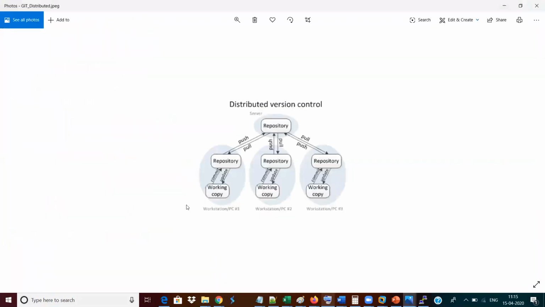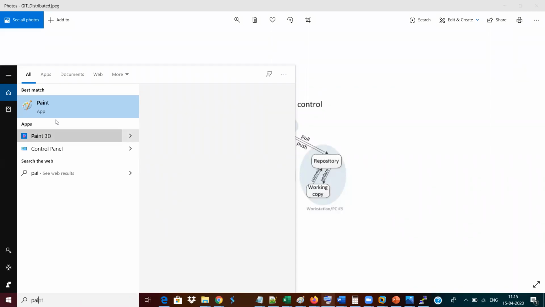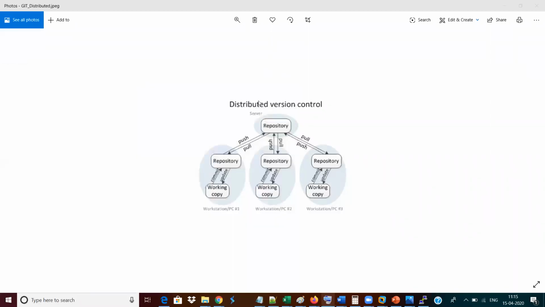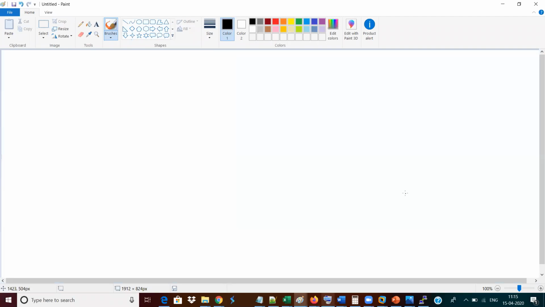So now you created one file, right? That file is now available in your working directory only. Let me draw it like a diagram for your better understanding. This diagram will clearly give you an idea of what a local repository is, what a remote repository is, and what your other stuff is.